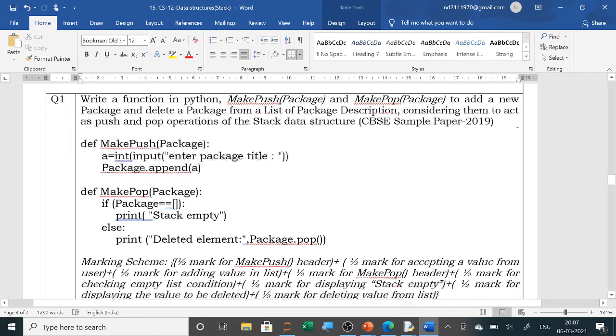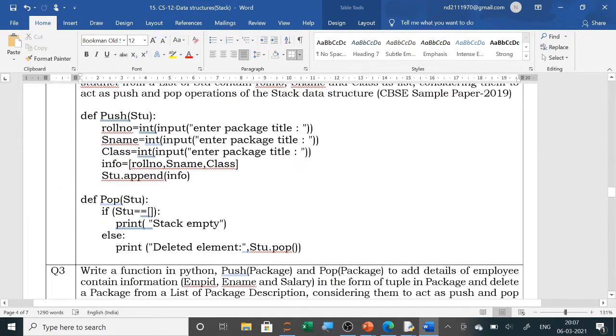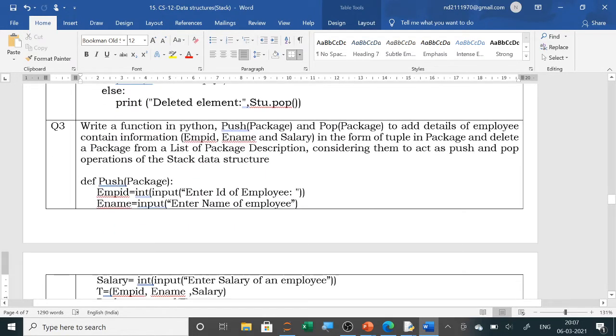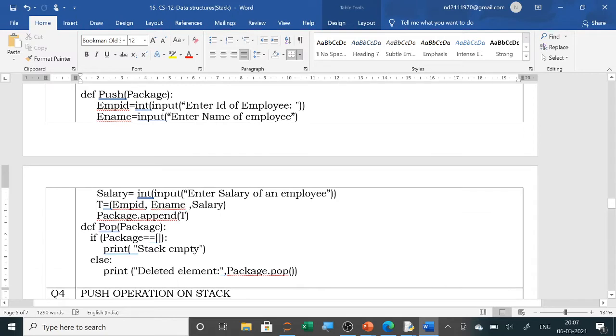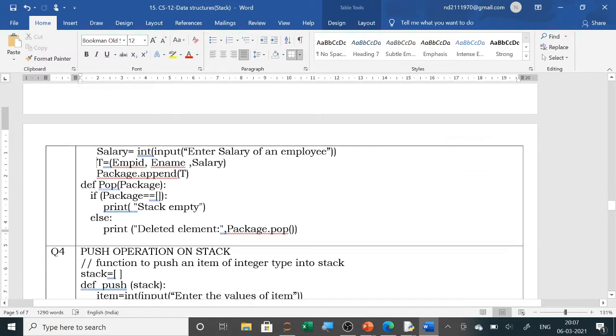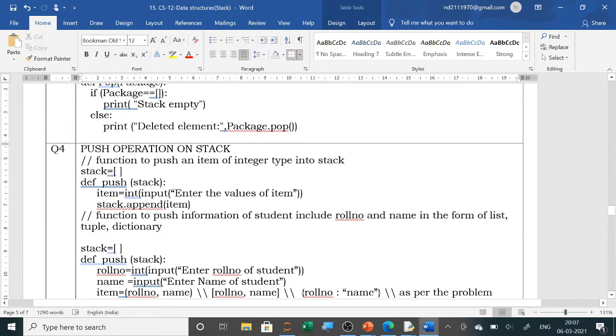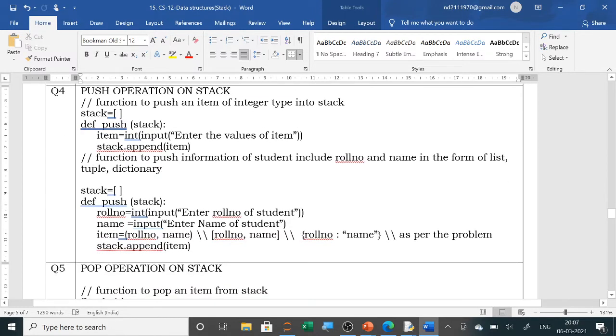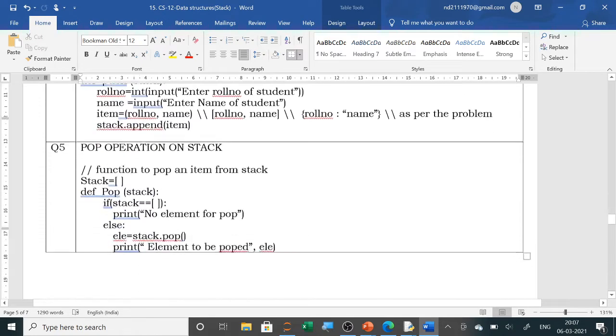तो आप इन प्रोग्राम्स को पॉज करके कॉपी में लिख लीजिए। ये बेस्ट प्रोग्राम है। फर्स्ट वाला फॉर सिंगल एलिमेंट, सेकेंड वाला फॉर लिस्ट ऑफ एलिमेंट या लिस्ट ऑफ स्टूडेंट दिया हुआ है, थर्ड वाला जो है वो टपल के फॉर्म में डाला गया है, और लास्ट वाले में हमने सिंपली इनपुट लेकर डायरेक्टली डाला है, तो हम इसमें लिस्ट, टपल, डिक्शनरी किसी भी फॉर्म में डाल सकते हैं। तो ये हमारा पूरा स्टैक का पोर्शन है,